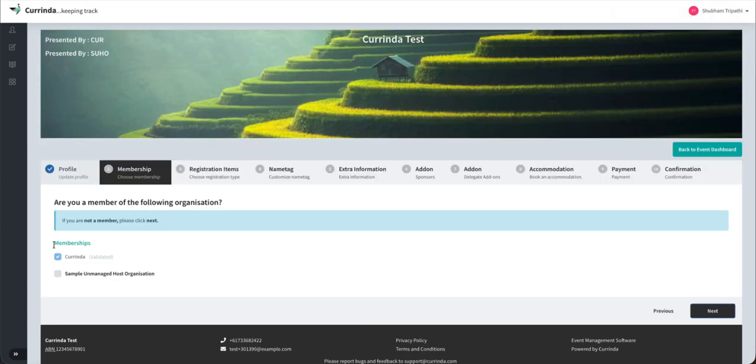You can see we have memberships listed here, and I'm already a part of Currinda organization. As Shubham Tripathi, I'm part of the Currinda organization, so this comes pre-validated. And since members get the same price regardless of whether they are a member of the organization or they choose to take this unmanaged membership, if I click on this, I'll still get the member prices, and if I don't click on this, I'll still get the member prices because I have this membership already validated right now. So I'll not check this one. I'll just click on next,